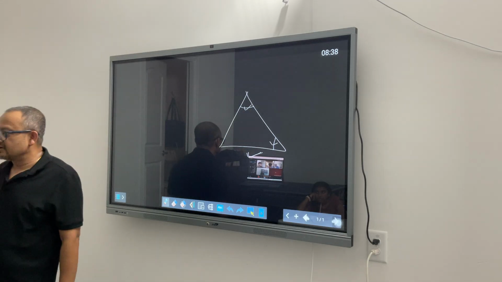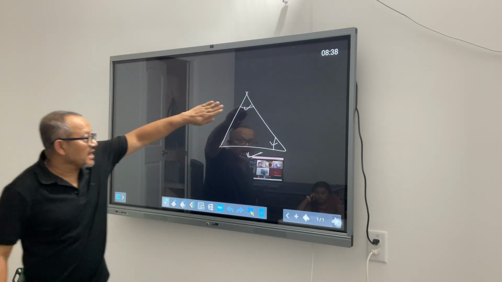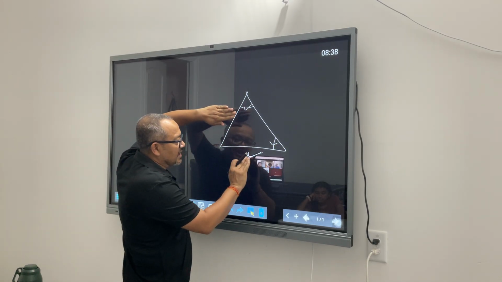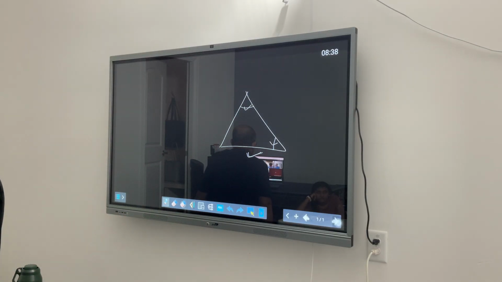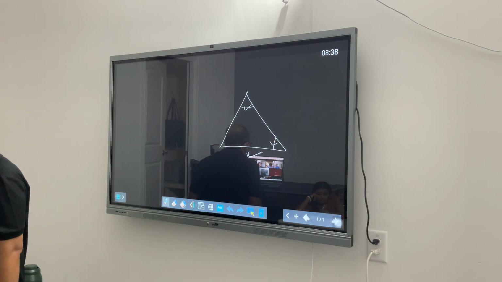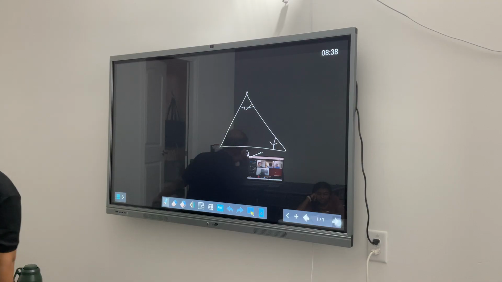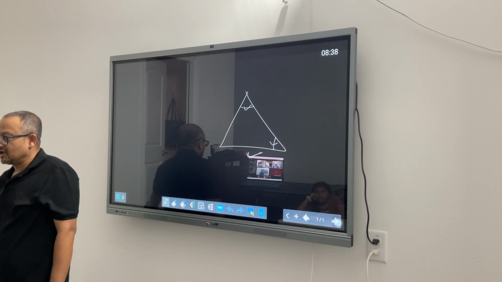Okay. Anish, what do you think? If I have this angle and this angle known to me and this side known to me, which one will I use? Law of sine, law of cosine. I'm sorry, brother? Law of cosine. So two of you have said law of cosine, two of you have said law of sine. Now the decision lies with Vishal. What do you think? I think it might be... Now it is left to my veto power. And I am saying this is law of sine.